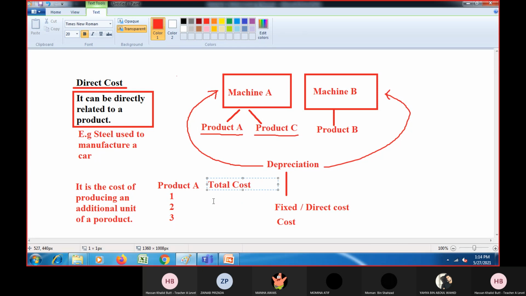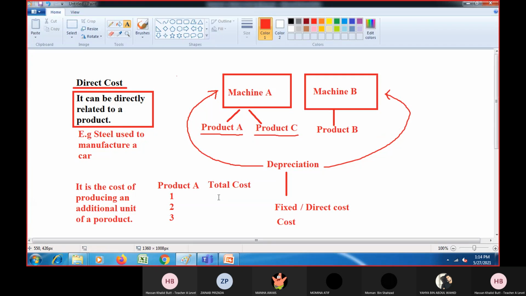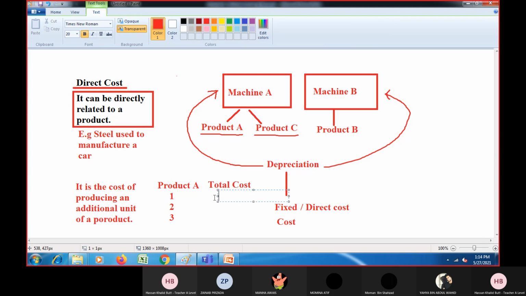Right? Now let's say the total cost including the fixed and variable. You know that the sum of fixed and variable cost is the total cost, so I'm not talking about it. I'll just write the total cost. Let's say the total cost is 10 for producing one unit of a product A. And if 2 units are produced, let's say it costs 20. Okay, and then it reaches 26. So you can see that when you produce more, your total cost also increases.